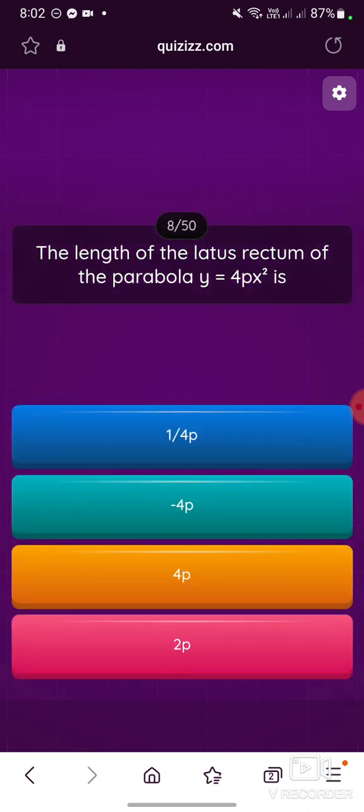The length of the latus rectum of the parabola y equals 4px squared is